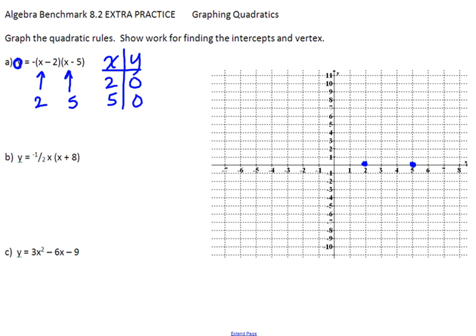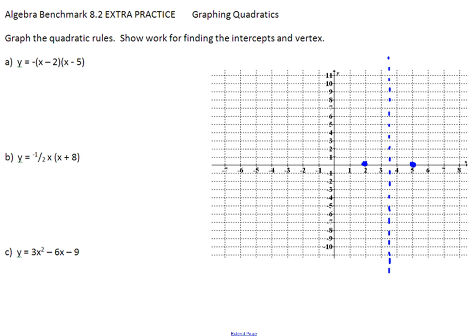And then our line of symmetry would have to go through the middle of that. So I know our vertex is on that line of symmetry. So I'll just draw a quick little dotted line there. If you go halfway between the 2 and the 5, we have 3.5. So if I plug the 3.5 into our equation,